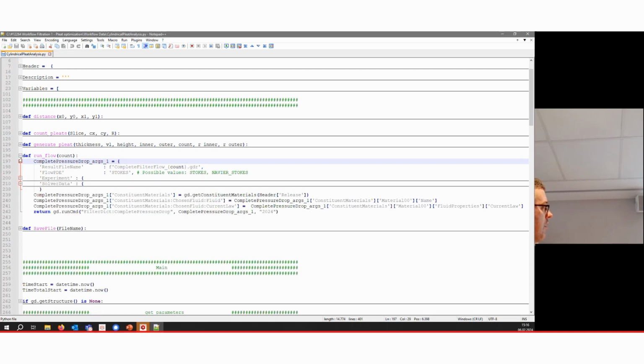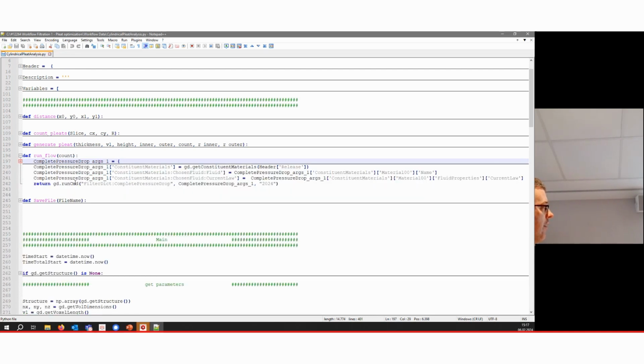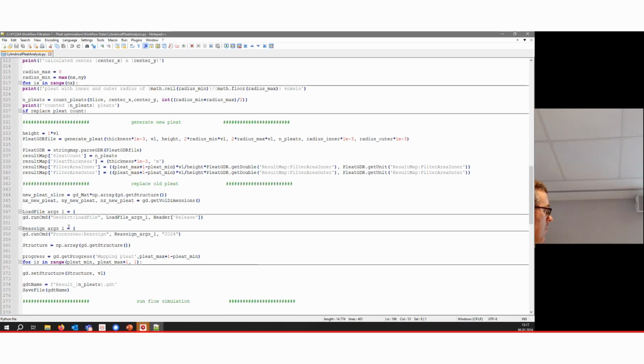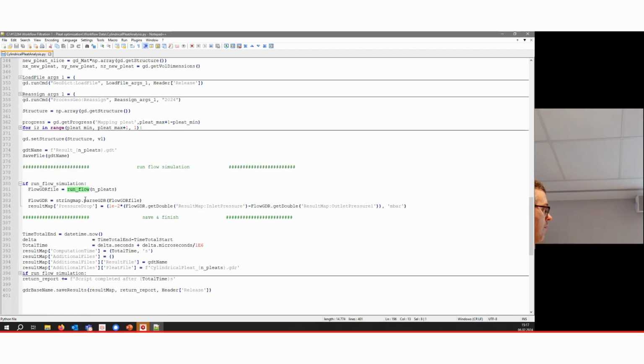We actually changed the result file name. But beyond that, we only changed those variables which we actually change. Well, actually, in this case, it's just the material properties. And then we run the flow simulation and get a result of this run flow back. That's then, where is it? There, run flow. And we get our pressure drop extracted programmatically from our result file.